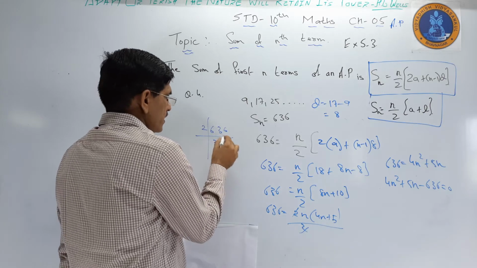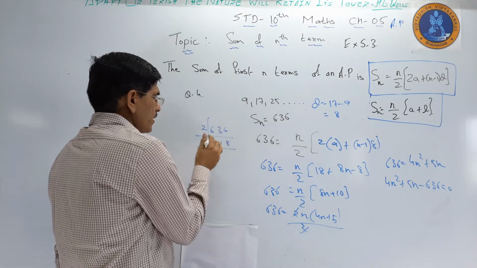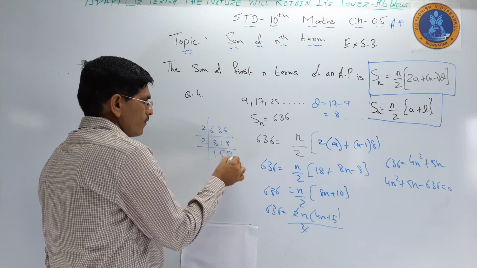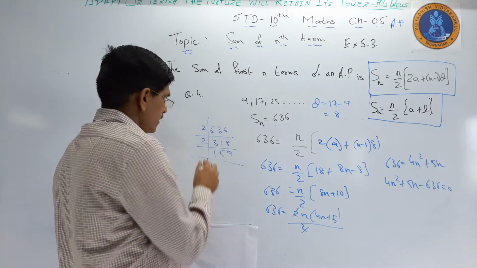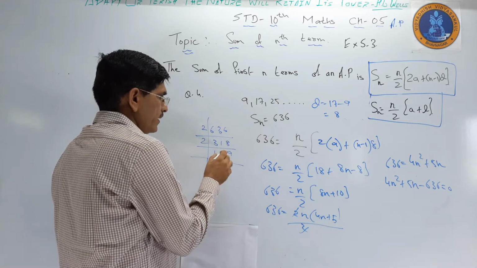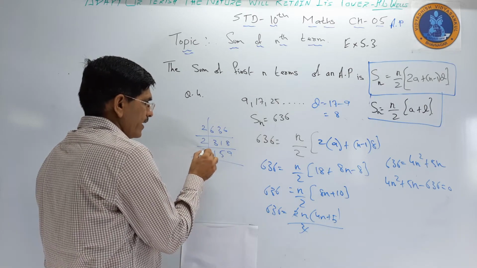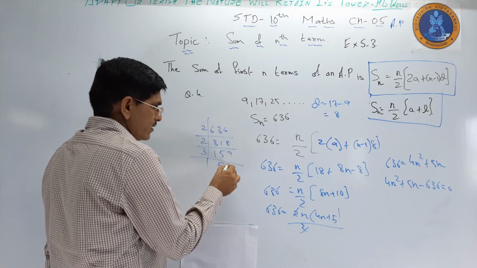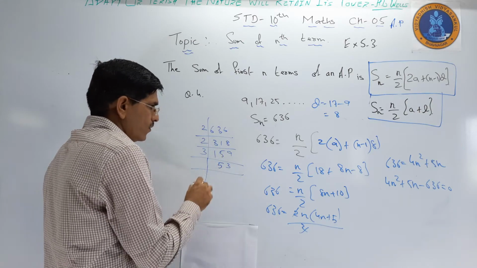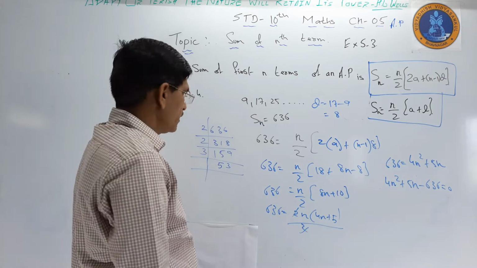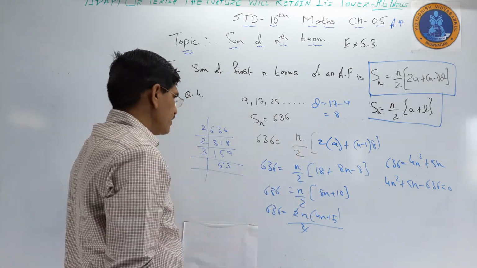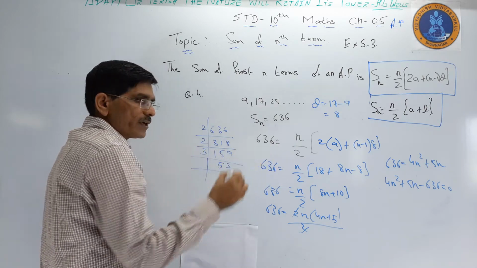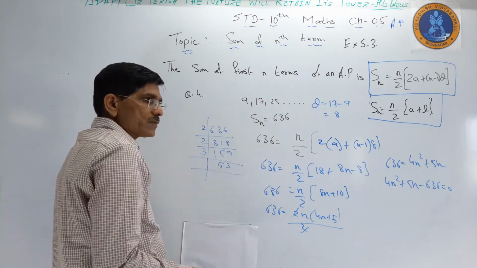2 6s are 12, 2 1s are 8, 2 8s are 16, again 2, 1, 5, 9, 2 1s are 2, 11, 2 5s are 10, 1 2 9, again now 5 3, 5 3s are 15, 3. Now 53 we have to put as it is. Here it is 4. So 2 2s are 4, 4 3s are 12, 12 4s are 48, 48 minus 53.